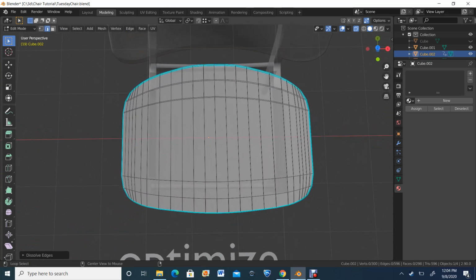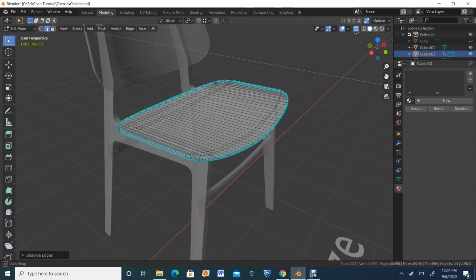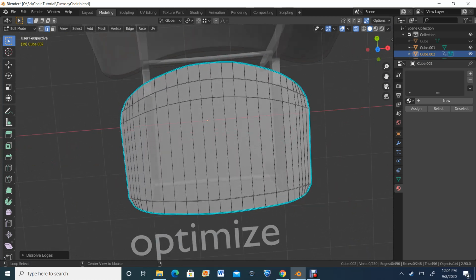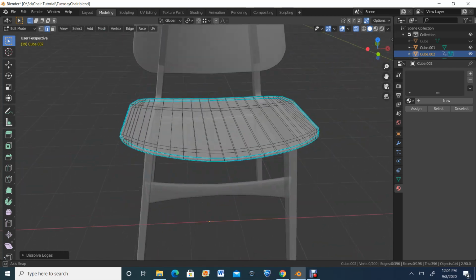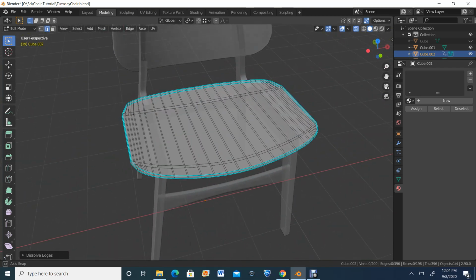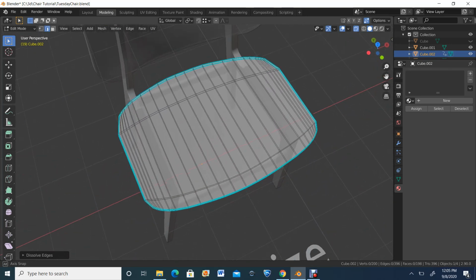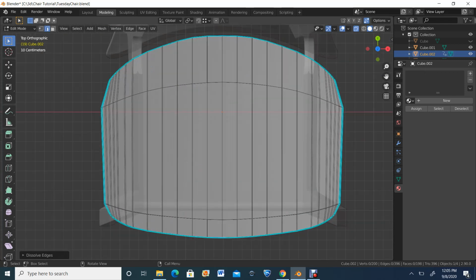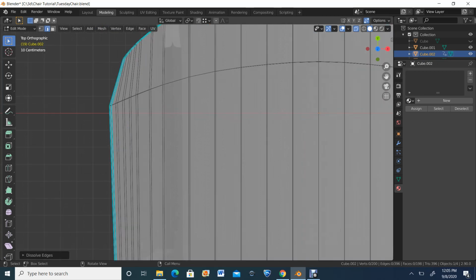So I think in this case, maybe as well, I can go ahead and take this one, X, dissolve edges, and it's altogether livable. Maybe I could also come right here and take that one. And as you can see, it still holds the basic shape, but you could use a little bit more optimization. So let's go back to the top view and go ahead and take some of these off the side right here. So we need the focal point where we're going to keep our silhouette. So I think I can take this one,